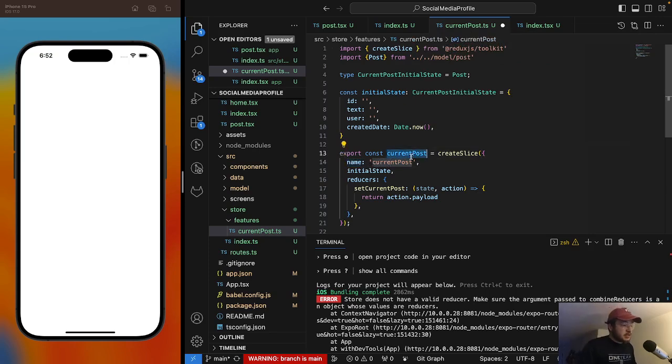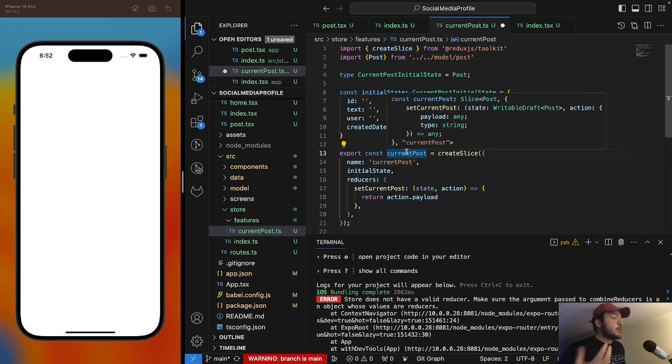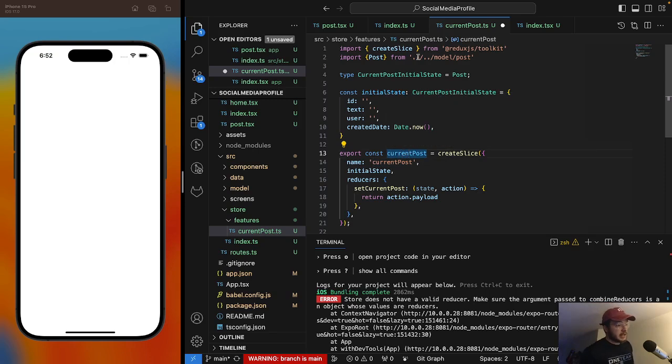This is what we're going to use to import elsewhere from other files, mainly our store file. I'm mostly sure this is how it goes. This is what Redux is looking for, right? Underneath the hood, Redux is going to say, okay, it's a current post slice. Whereas if we did this to Redux, it's still a current post slice. But to our imports, it's now this stuff. So yeah, you have to set some initial state, and then